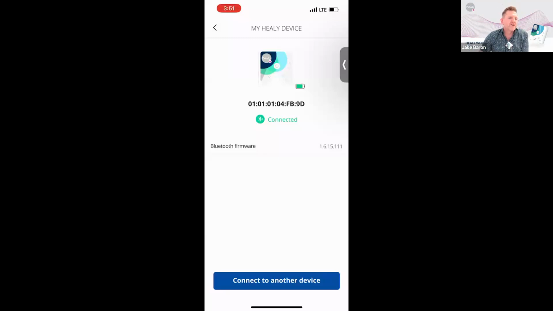We're following up with the product development team to see if there's any specific guideline as far as, when it turns to yellow, what does that mean as far as approximate percentage. We'll provide more information if we get it, but for now, just realize that it's not a mistake that the percentage is gone. It's going to be indicated by color. And yesterday my battery turned to yellow because I used my Healy a lot yesterday.